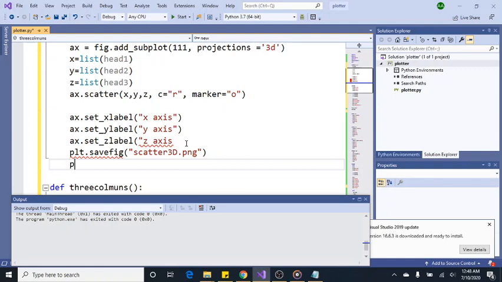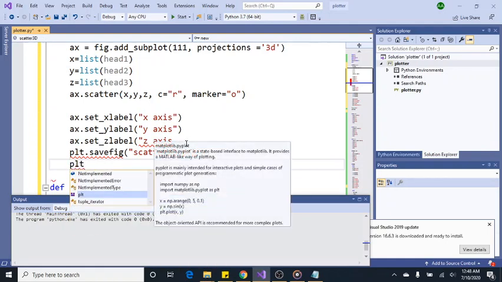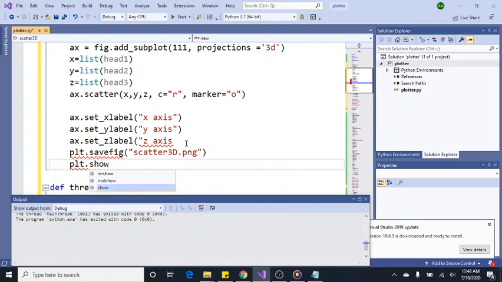So all we need here is to show. Okay, so here we go. We have the 3D scatter plot,